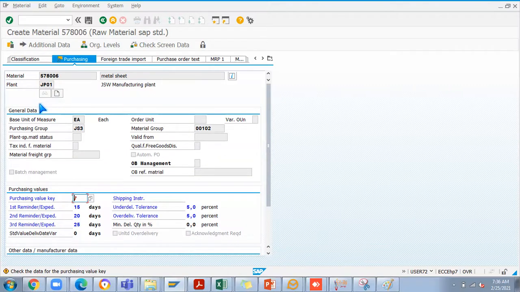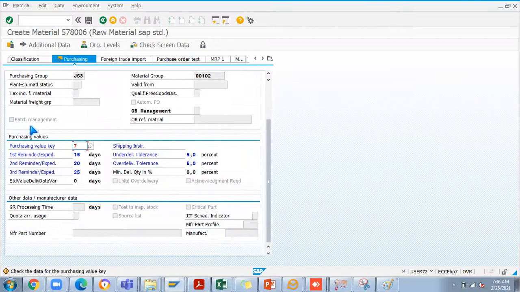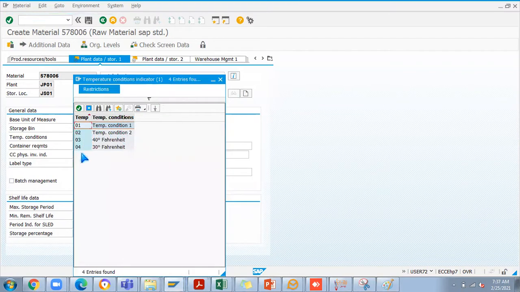You can create accordingly. Here also you can see the batch management checkbox, but in this case batch management is not active, so I am not going to enter it. Now I can enter the details about the storage location. For example, if you want to maintain some storage conditions, you can use this temperature condition.